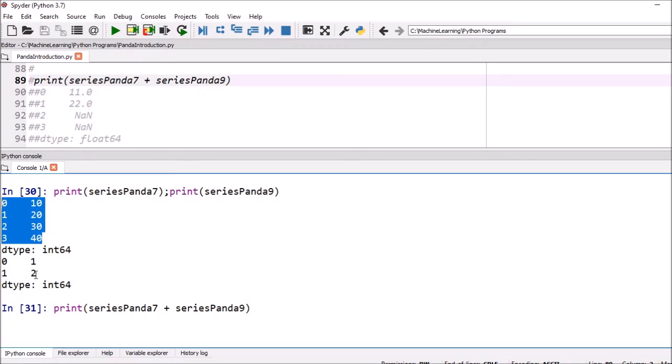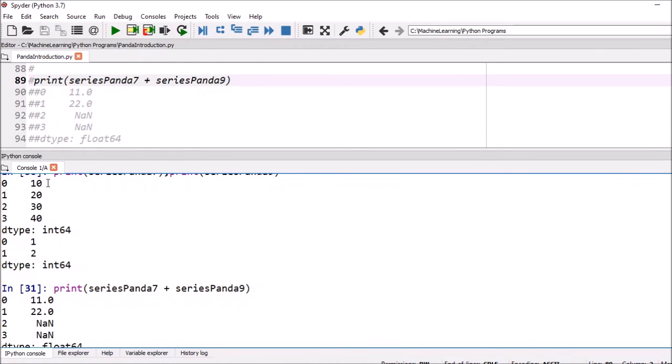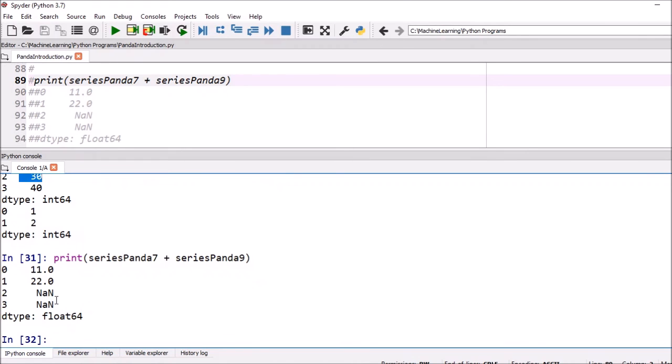Here 4 are there, here 2 are there. So addition of 10 with 1 is 11, 20 with 2 is 22, and for 30, the value is not present. In that case it will give NaN, not a number. And you can see the data type here is a floating point data type.